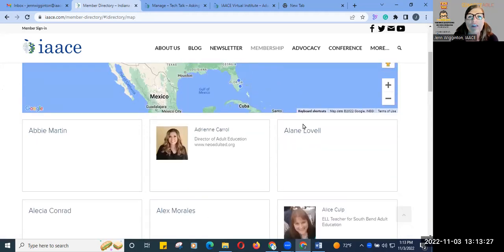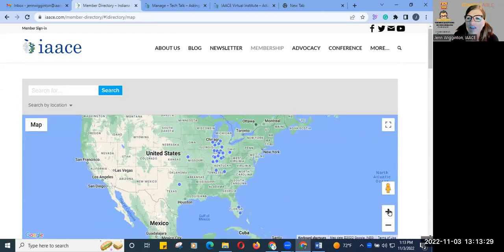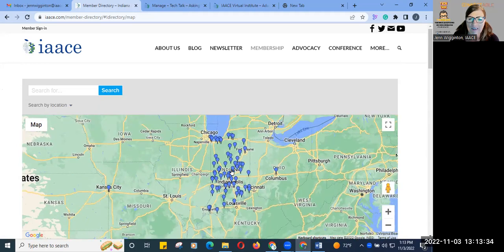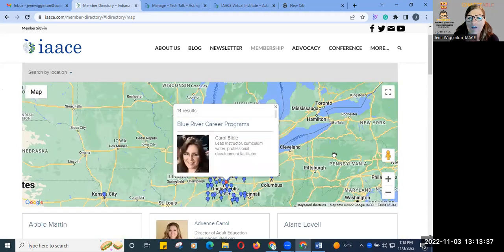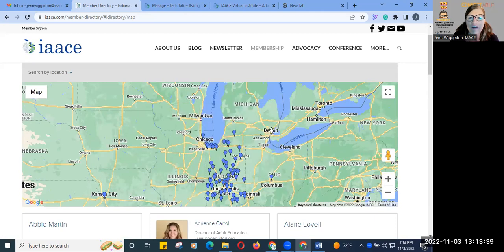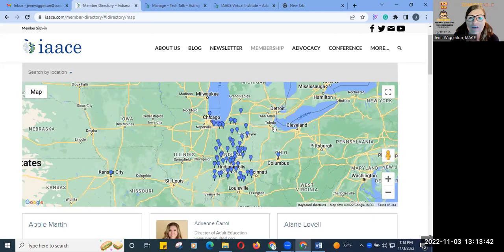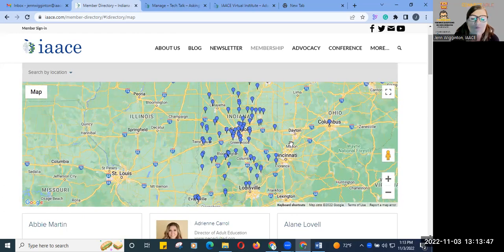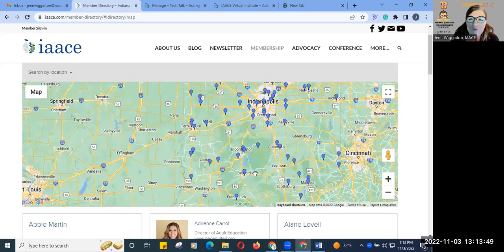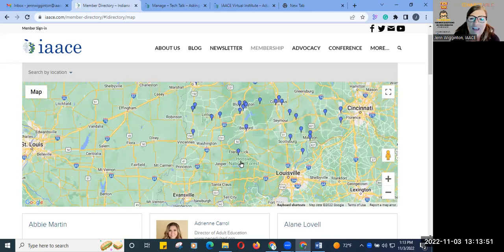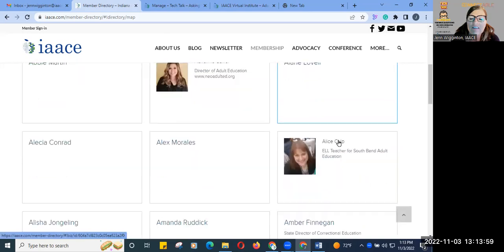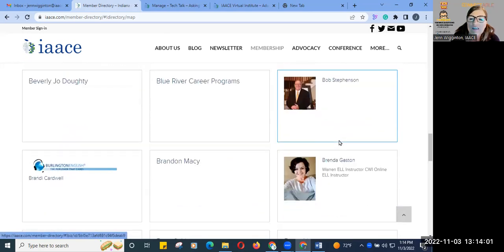But you can also just simply search by location. You notice if you scroll on down to Indiana, if you're looking for someone in a particular area or city, then you can get on in there, keep zooming in. There we go. That's the word I'm looking for. And you can find anyone that is in a particular area by simply hovering over their name. And all members are listed